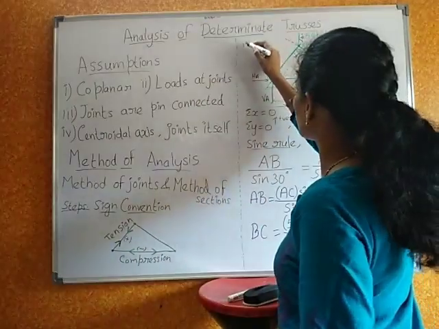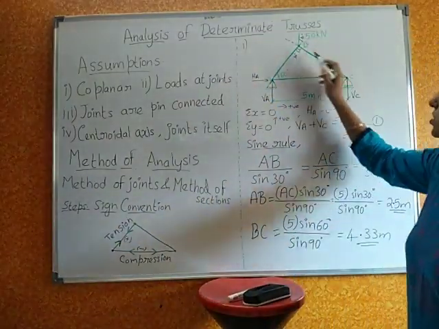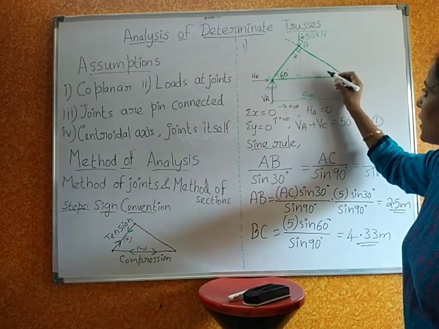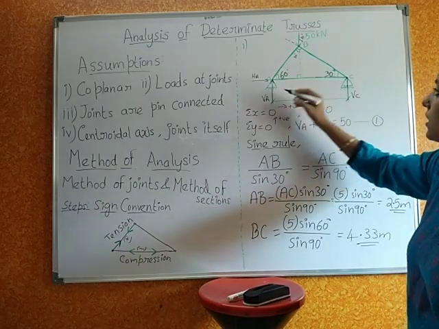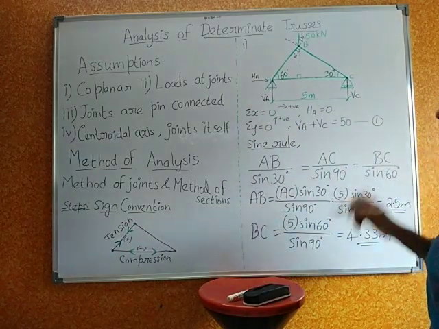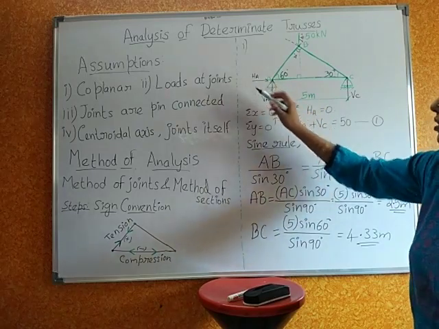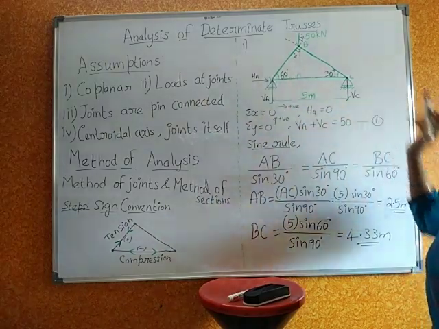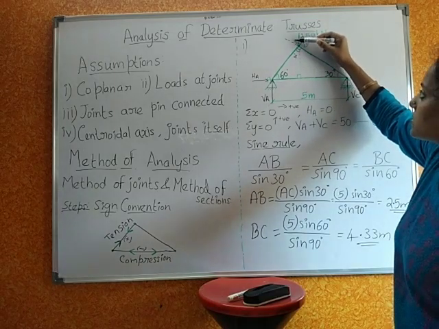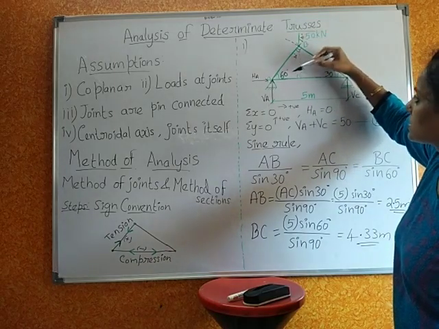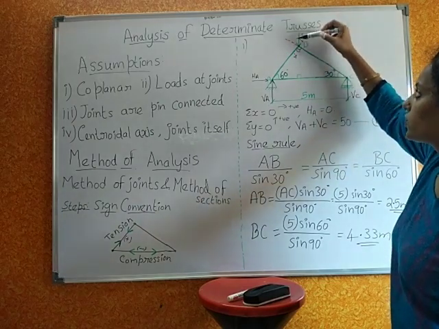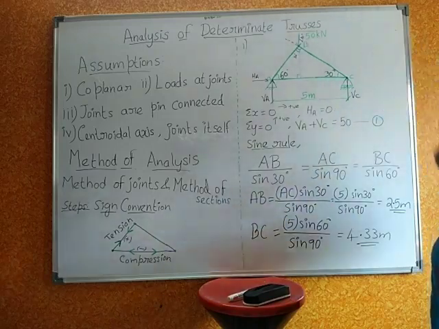So this is the first problem. Given here is a 60 degree angle, and this is a 30 degree angle, and this is pin connected. This is a pin support and this is a roller support. For the pin support we have vertical and horizontal reactions. For the roller we have only a vertical. This is extended because this is 90 degree. This is 60, 90, so it will be 30 degree. So hence this is 30 degree. While solving you will want to resolve this, so I just wrote that angle.